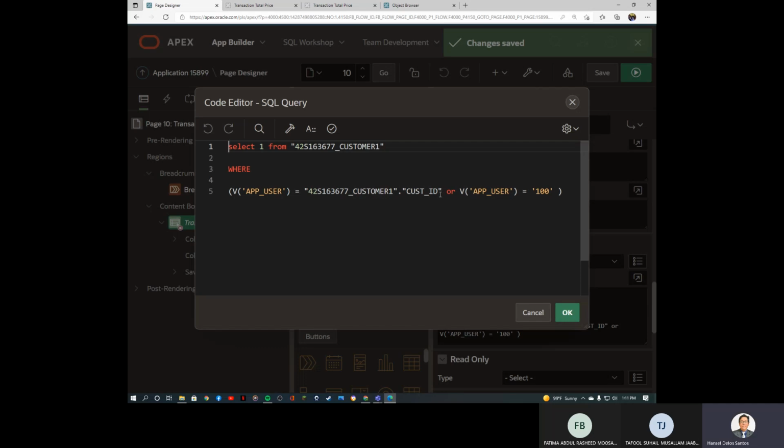Okay, this is already the customer ID, by the way, right? Which means this is separate: B app user equals to this table, which is equivalent to, so we'll try this one as